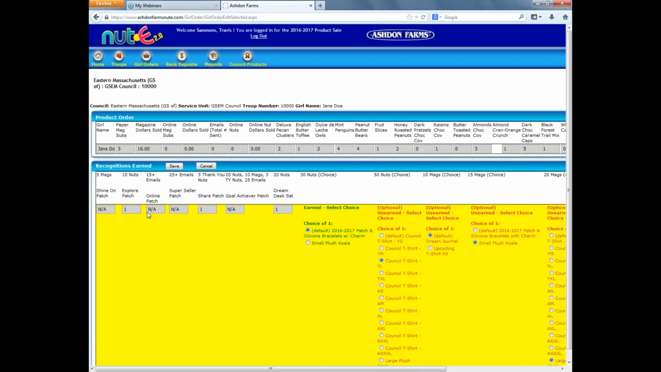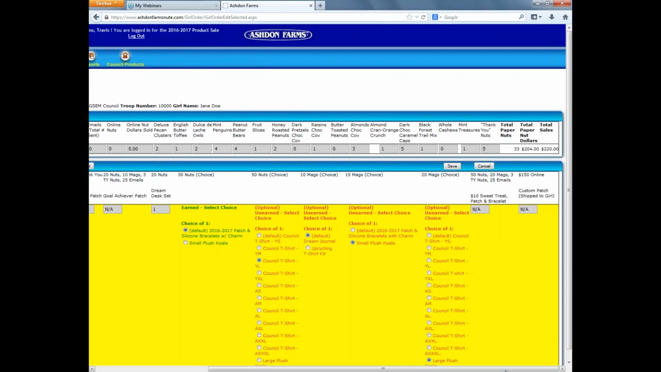So this automatically calculates all the recognitions that they would earn. So for example, this girl has sold 10 nuts, so she automatically gets the Explore patch, which shows 1 as earning the recognition. Something new this year,